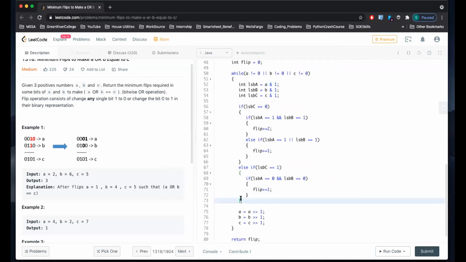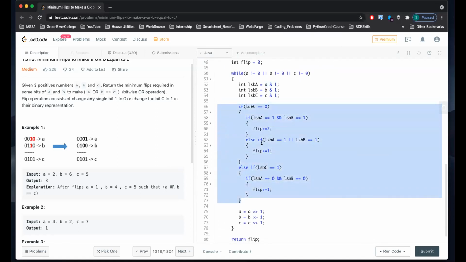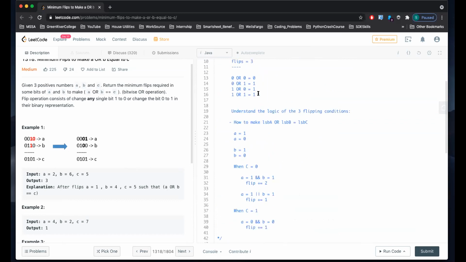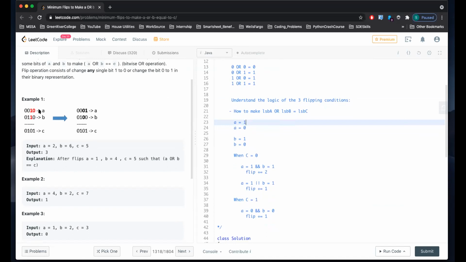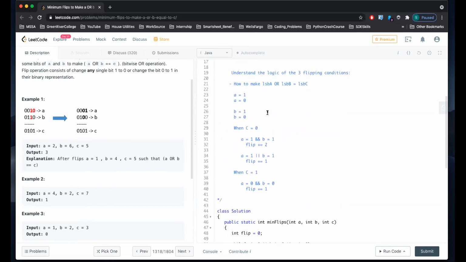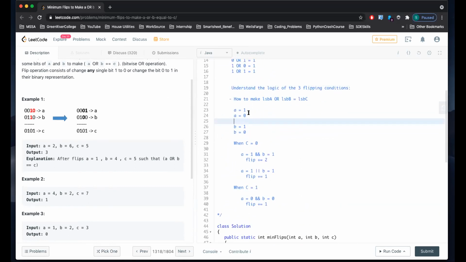Now this is the important logic that's doing the work, and I'll explain it so it's easy. Remember I explained what the OR operator is; we need to understand that to understand this. I already have LSB of A, B, and C. Basically, we have two conditions: either A can be 1 or 0, or B can be 1 or 0, because it's all binary.